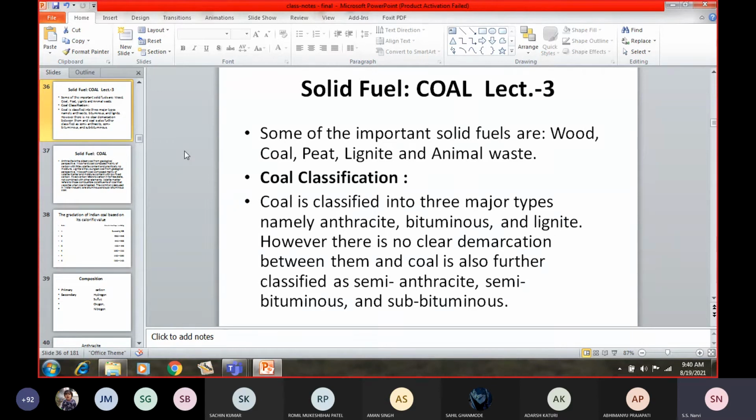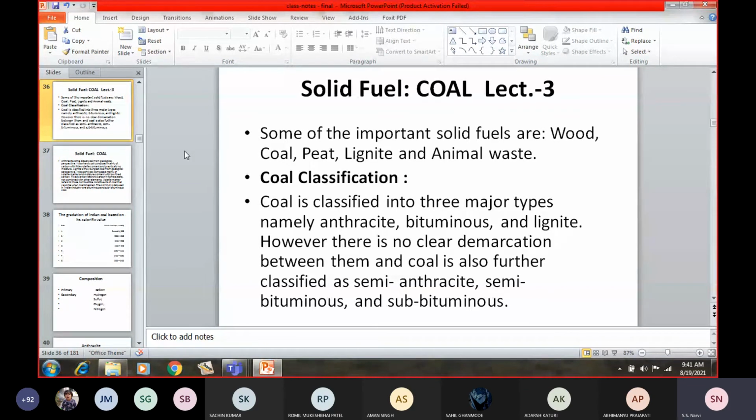Then if this coal remains there for a very long time, you get anthracite coal. Anthracite is the final and the best form of coal, isn't it? Its carbon content is more than 92 to 95% total carbon. But this anthracite coal is obtained only in certain regions, not in Jharkhand or Bihar, etc., isn't it?